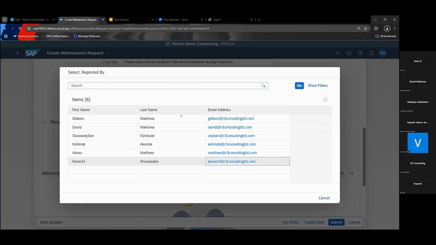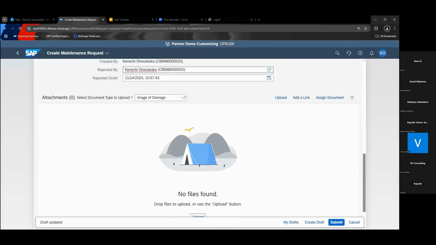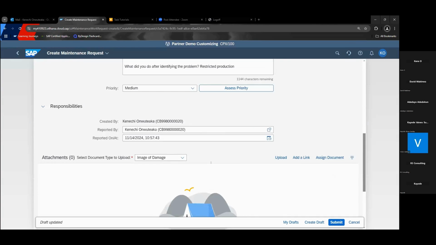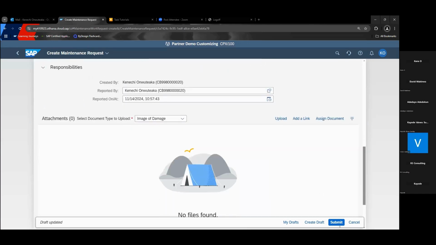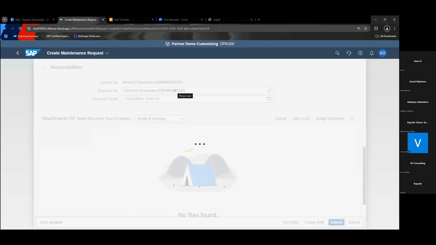In case there is an attachment, probably an image of the breakdown, you could attach that. For this demo, I don't have one, so we'll submit this and go and see what the maintenance notification would look like. Here we've created a maintenance request, which automatically converts itself to a maintenance notification. Go ahead and save this.